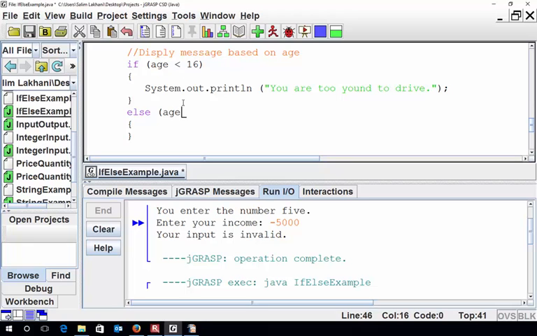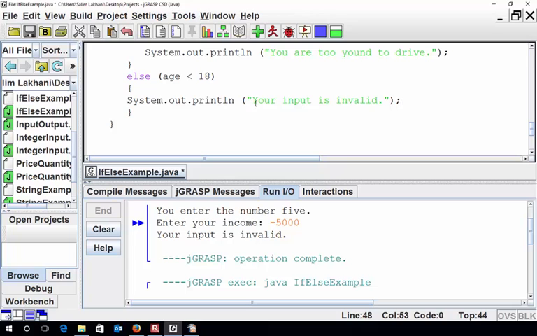So what I'm going to do is compare it with less than 18. Okay. Now we'll only reach this point if age is not less than 16. And in this case, that means it's 16 or 17. So in this case, we are going to display a different message. Okay. Now in the else part, what we'll do is we'll just say